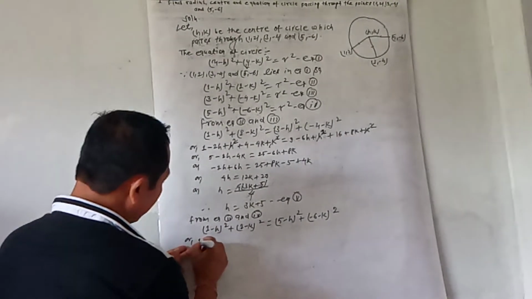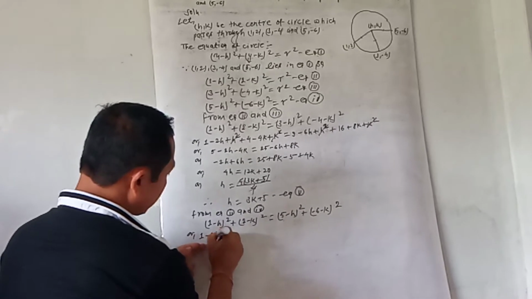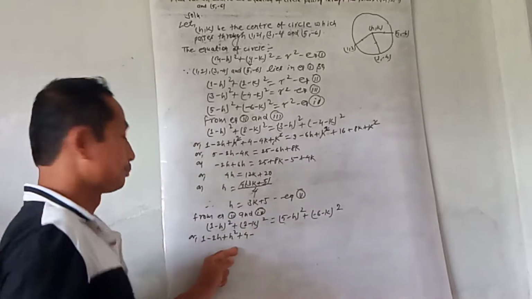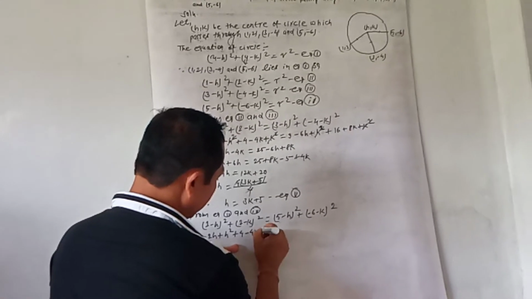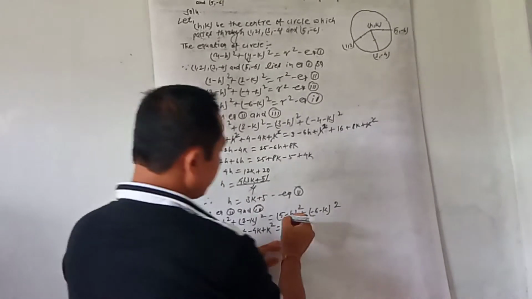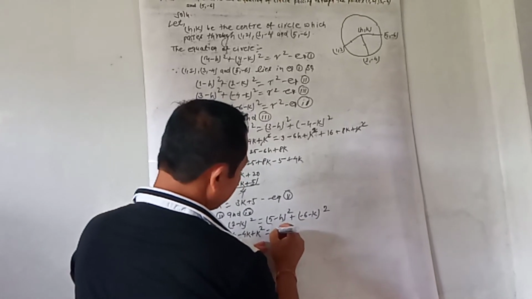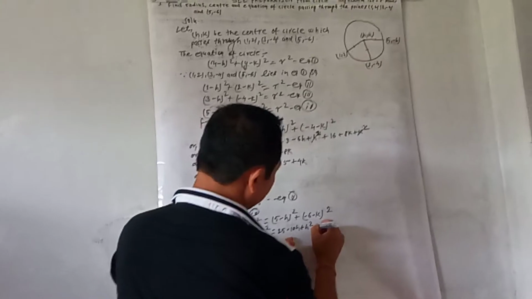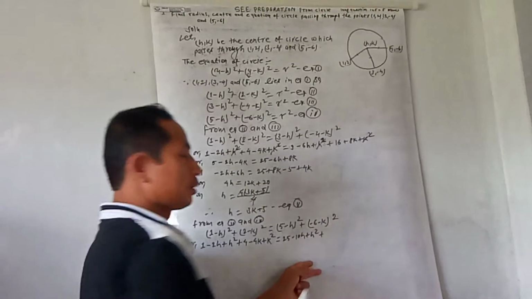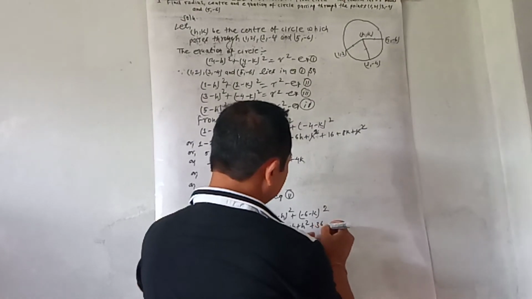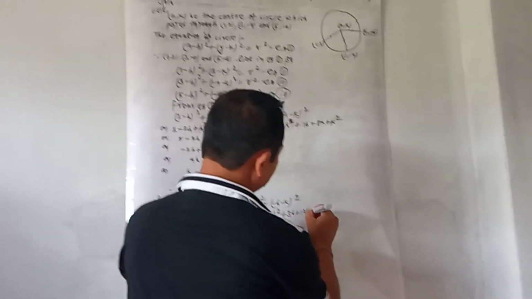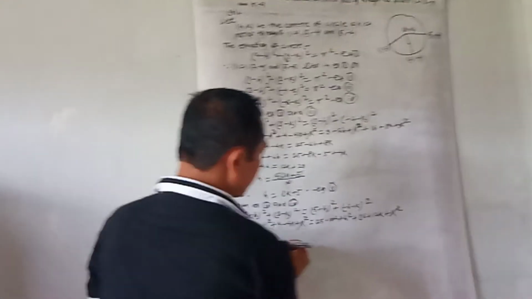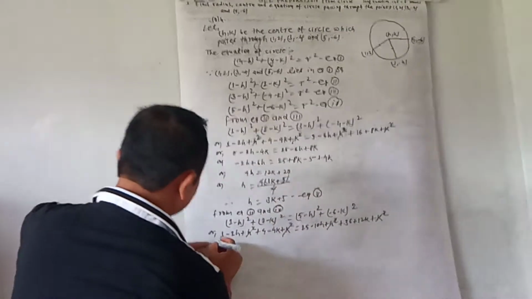It means 1 square means 1 minus 2 into 1 into h means 2h plus h square, 2 square means 4 minus 2 into 2k means 4k plus k square equal to, here also same, 5 minus h whole square means 5 fives are 25 minus 5 tens are 10h plus h square plus here same minus 6 whole square means plus 36, 6 sixes are 36, minus minus plus 6 twos are 12k plus k square.